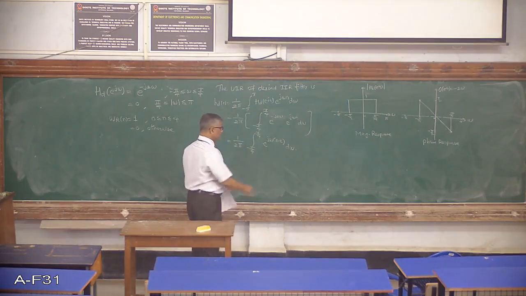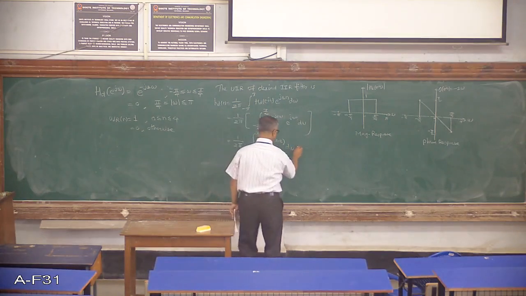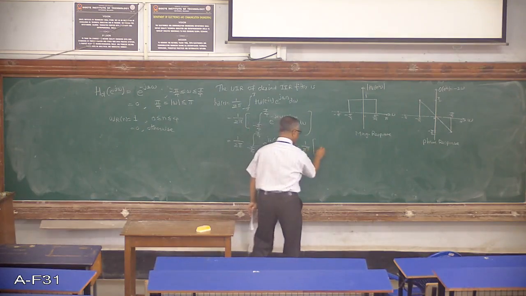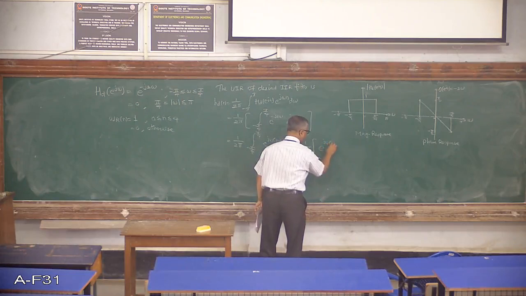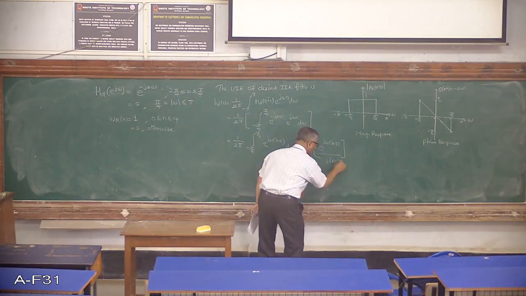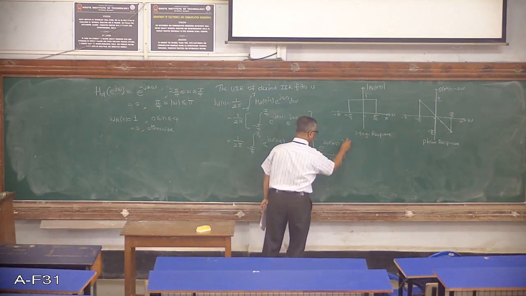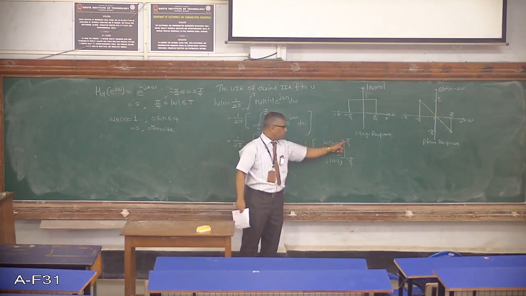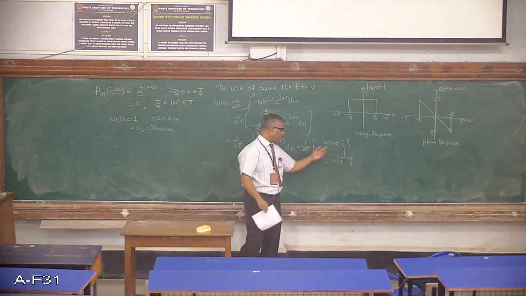If you integrate this, this will give you 1 upon 2 pi, integration of this is e to the power j omega into n minus 2 divided by j times n minus 2. These are the limits. So substitute omega is equal to pi by 4, omega is equal to minus pi by 4, rearrange,